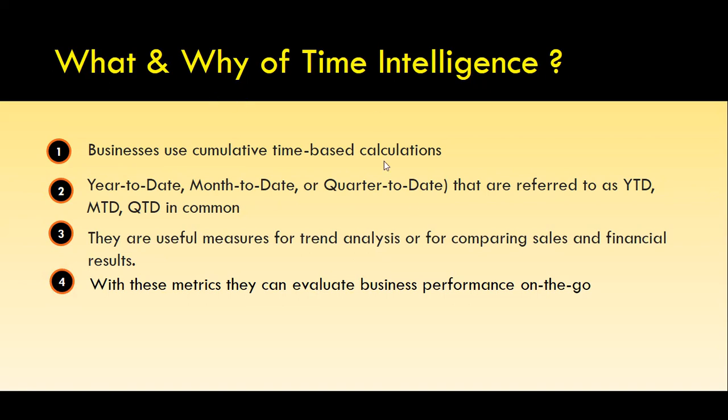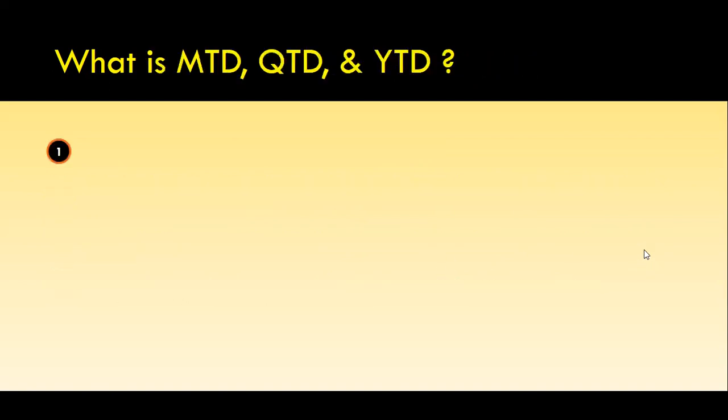For example, what is my profitability and revenue in this quarter, and what were they in the past quarter? Can we see any decline or increase in both revenue as well as profitability? To do those kinds of periodic comparisons, time intelligence is very helpful. It is also called trend analysis. First of all, let us understand what MTD is,